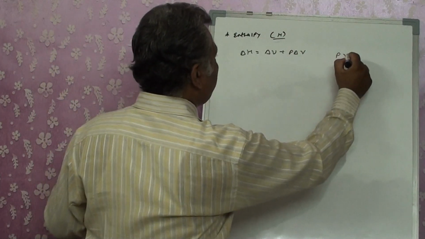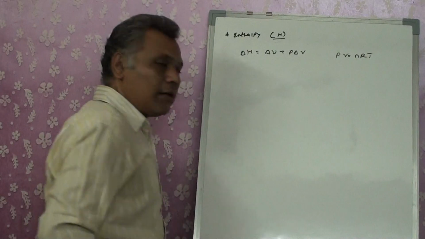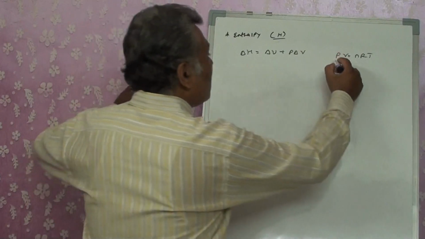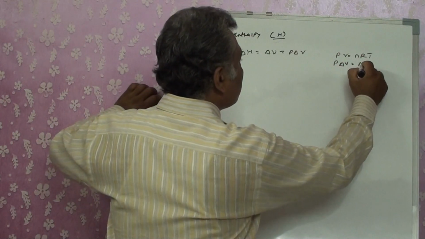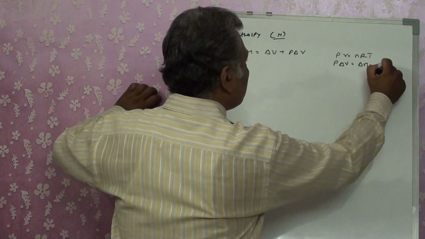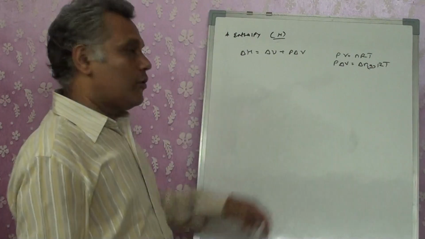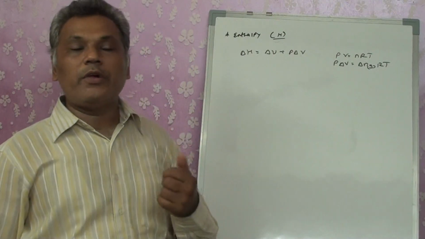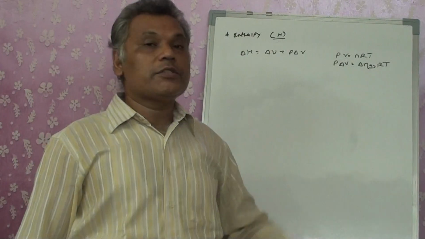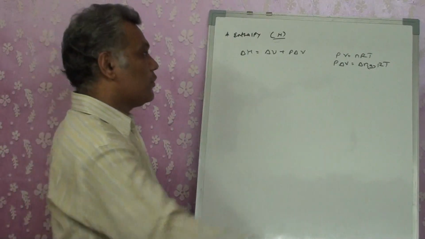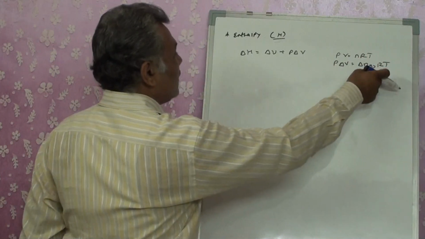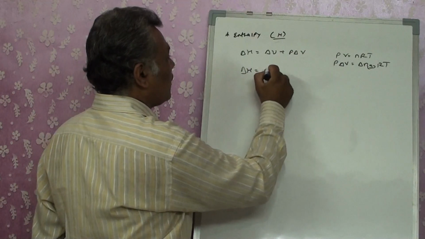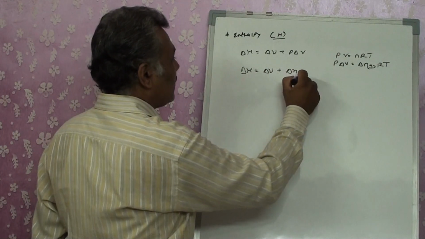But now we know PV equals nRT, the ideal gas equation. If I put P delta V, there will be a change in the number of moles, because it's for the gaseous component. We are calculating only the number of moles of the gaseous component in the reaction. Remember, if we have liquid or solid, we do not consider it as a change in the number of moles. So if we substitute in the given equation, we get delta H equals delta U plus delta Ng RT.